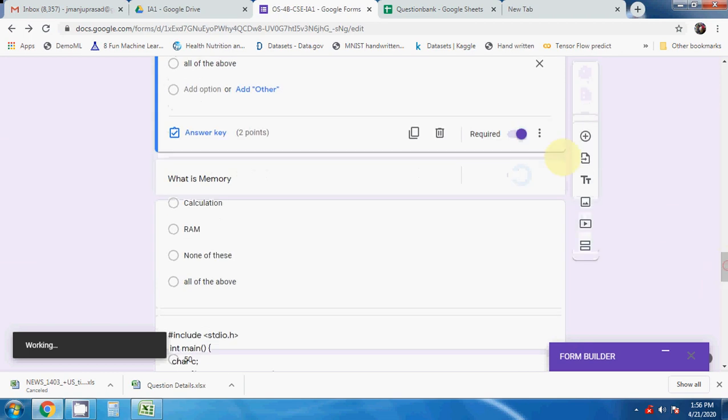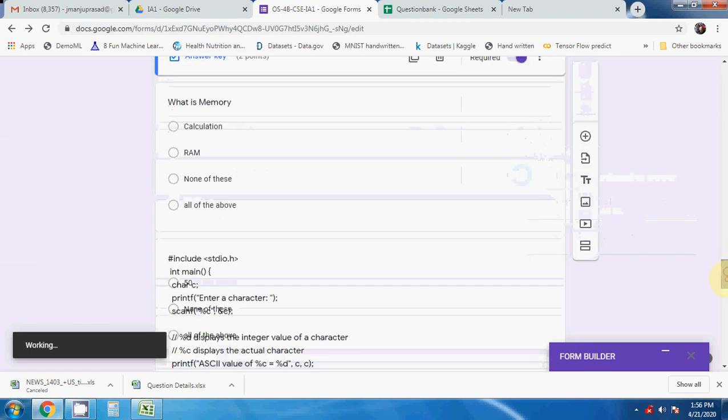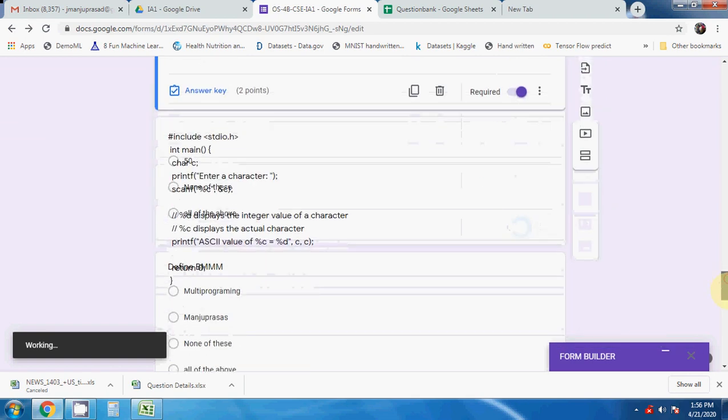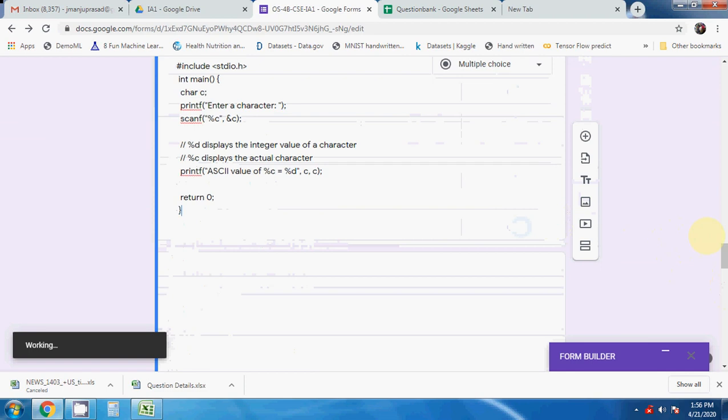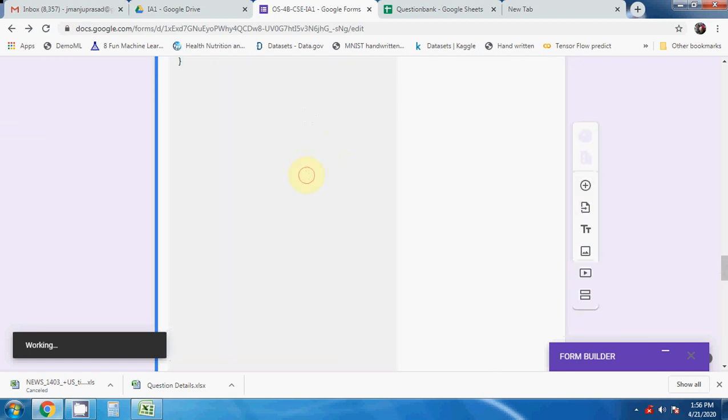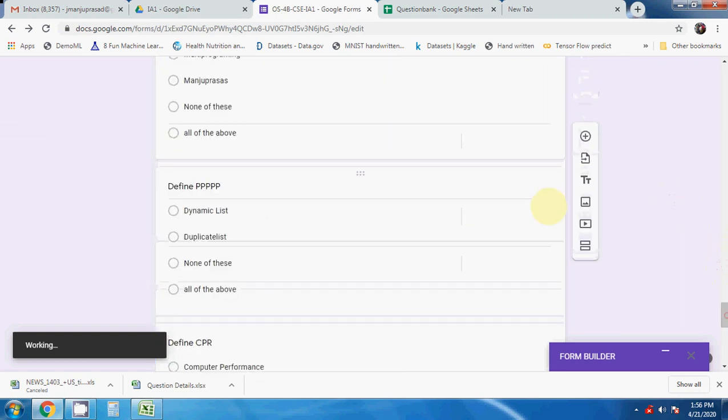So even if you do it manually, you have to shuffle the order manually only. If you are entering from one word, copy pasting for one question, you need to do the same thing for that also. So here you can see some extra form. Okay, this is my programming part.